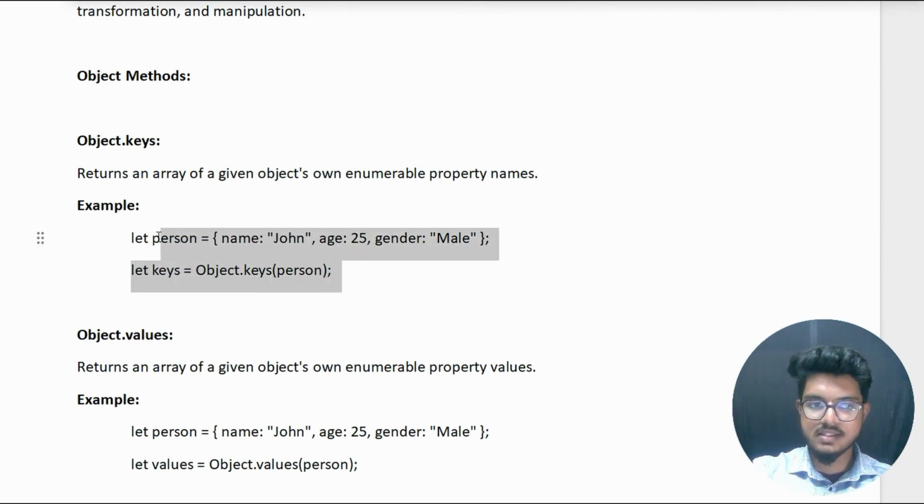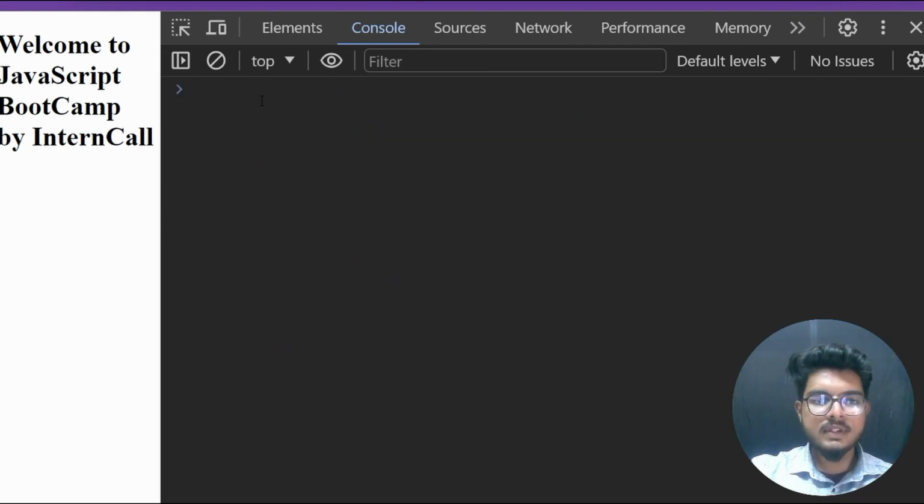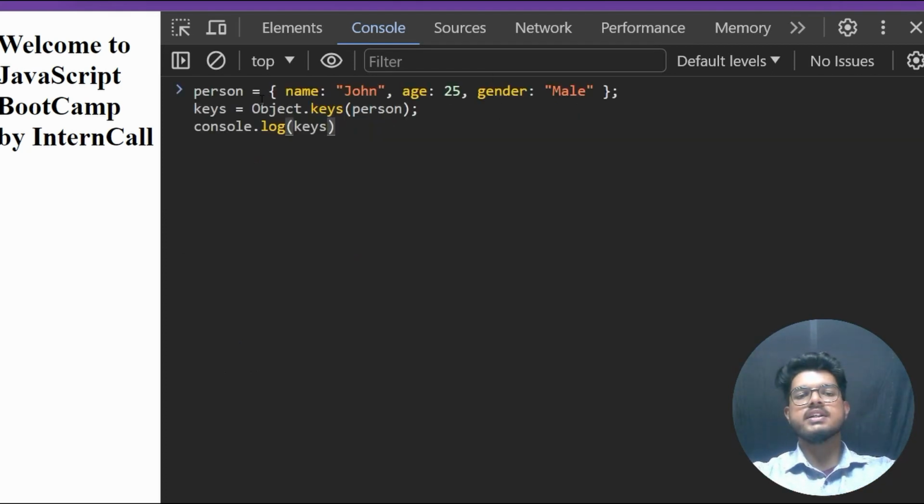Let's run this code once and see in the compiler. I'll clear this up and write the code. Just a minute. Yes, everyone, we have copied the same code and pasted it here. So understand this. Person is a dictionary or object, which is a key and value pair. Clear? But if you want to create an array of all the keys, you write as